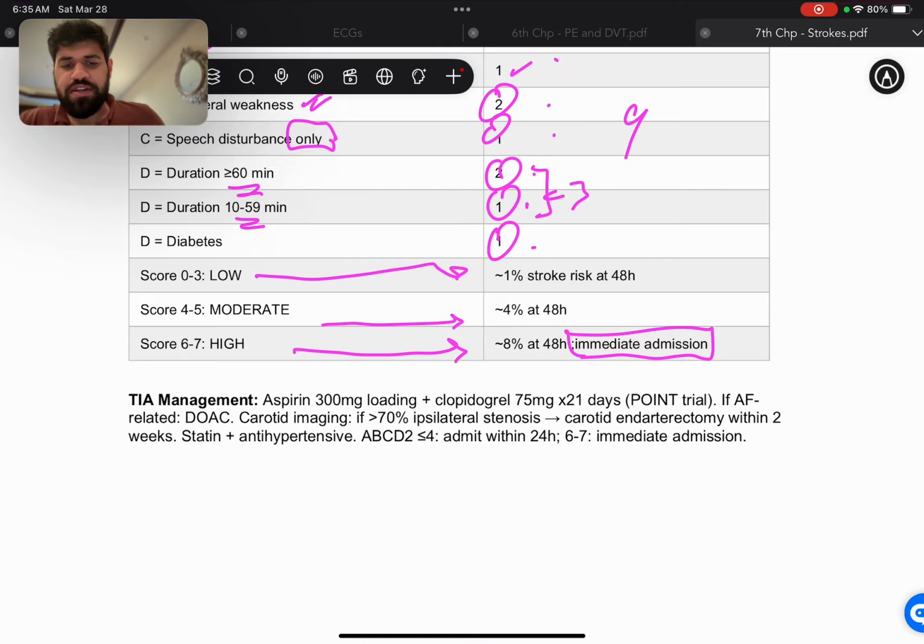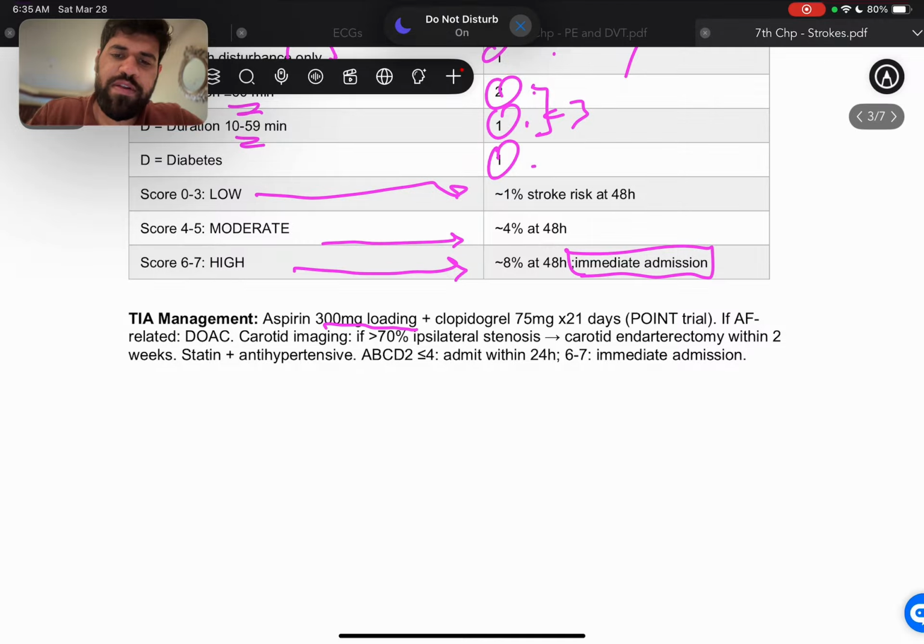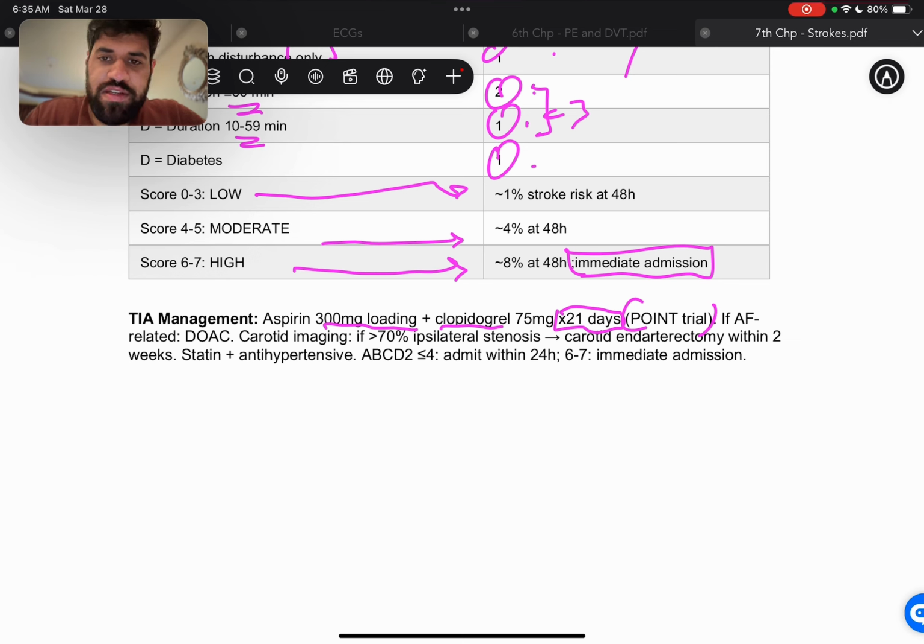Now the management for TIA is going to be aspirin loading, which is 300 mg loading plus clopidogrel. All right, and this is given for 21 days, and this is known as the POINT trial. Now, if the patient has atrial fibrillation or the TIA is AF related, we give them a DOAC. All right, and then carotid imaging must be done if there is more than 70% ipsilateral stenosis. We have to do carotid